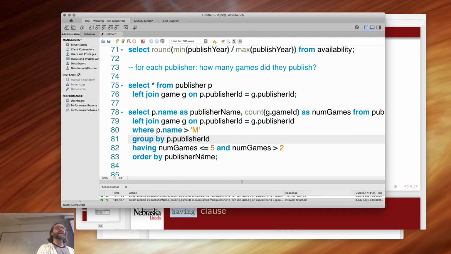query that basically illustrates all the aspects that we've covered up to this point of SQL. You've got select for retrieve, the R in CRUD. You've got aliases. You've got an aggregate. You've got a left join to preserve records even if they haven't had any published games. You've got a filter prior to that using a string comparison. You have a projection so that you can take an aggregate of something. You've got a filter afterwards, and then you've got a way that you can sort stuff after it's all said